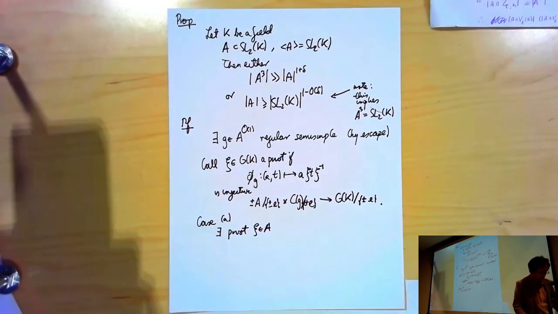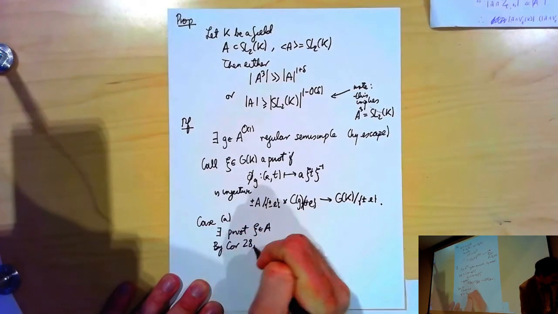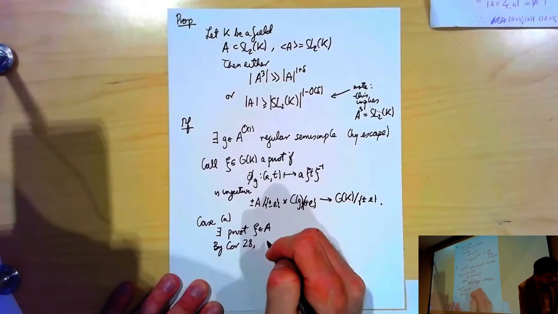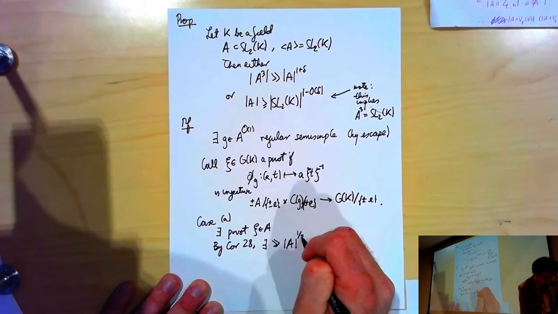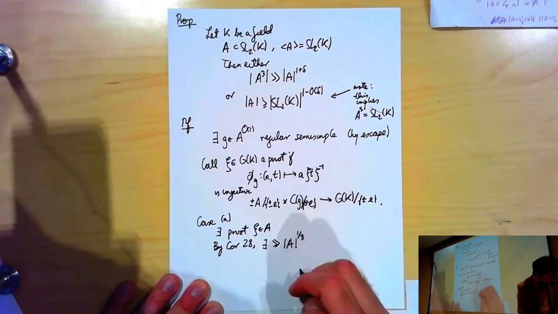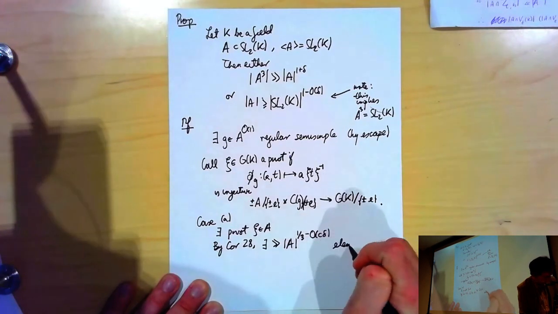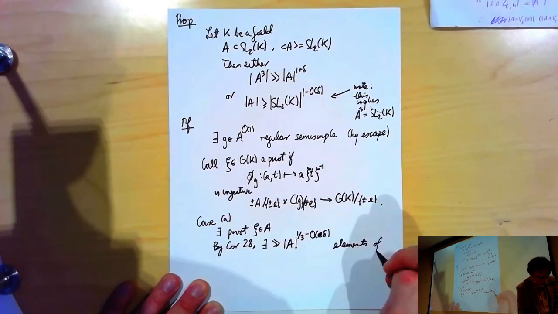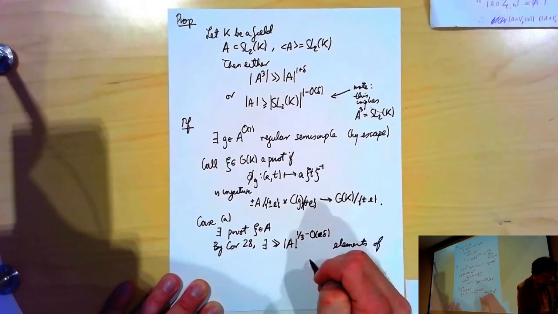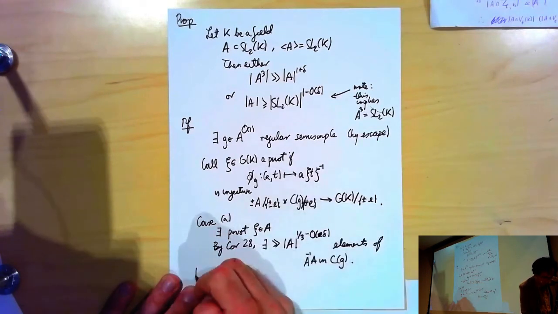So by corollary 28, there are plenty of elements in C of G, in that maximal torus. Let me just say O of delta. Elements of A inverse A in C. So, what do you do? By the injectivity